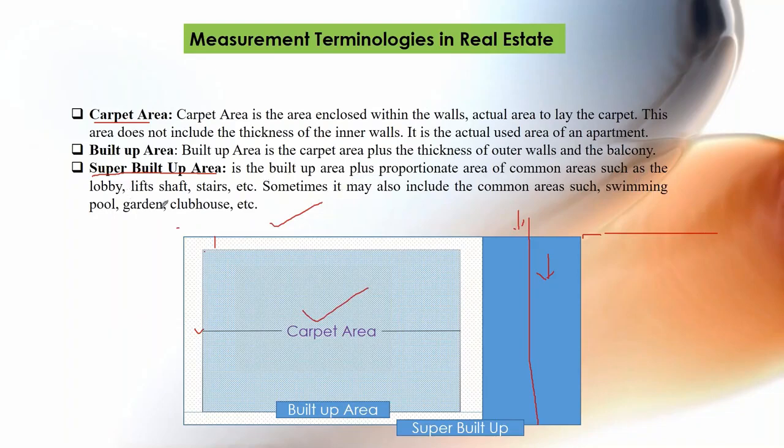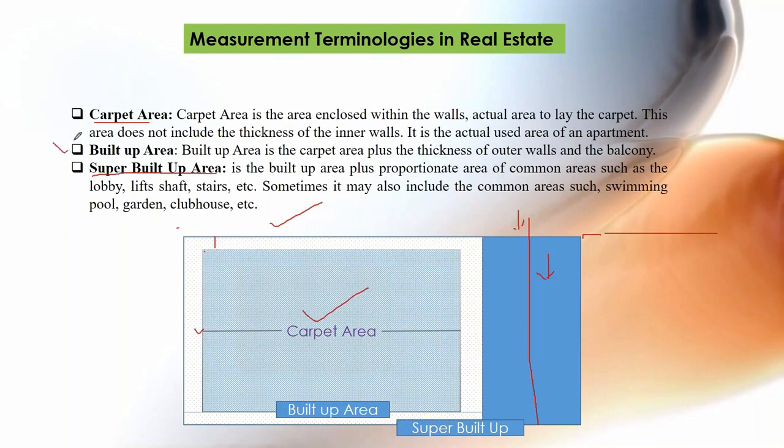This is the area of common areas such as the lobby, lift shaft, stairs. Sometimes it may also include common areas such as the swimming pool, garden, clubhouse, etc. It depends. Some builders include that area also, and when they are selling the unit, they include some portion of that particular area in the calculation also. Generally